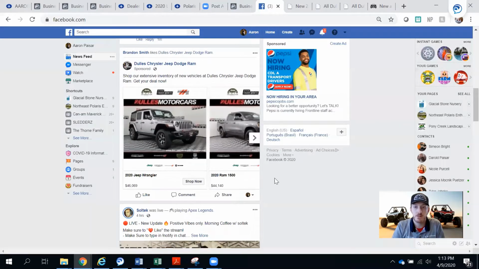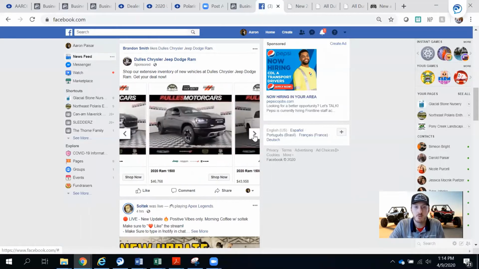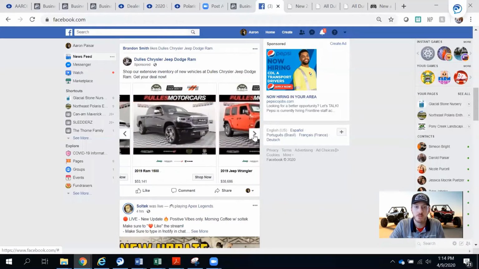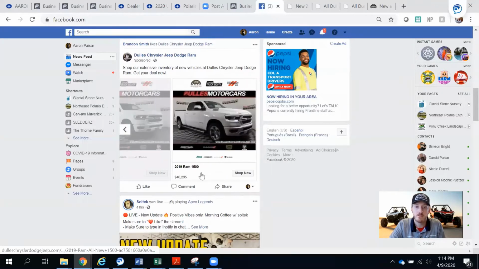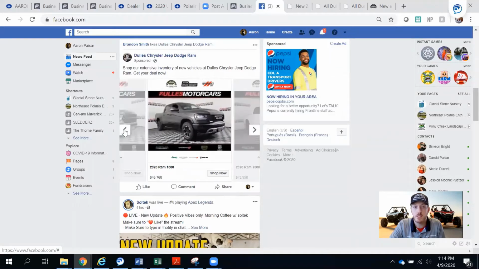Facebook Business Manager account. So before I started, I just wanted to show you an example. If you're a Facebook user, you've probably seen car dealerships do a lot of advertising using the carousel feature. All it is, is a sponsored ad that'll show up randomly on your news feed in a carousel type format. The reason they call it a carousel is because you can quickly, in one post, see multiple vehicles, scroll through it, see prices, information, and each one of these pieces of inventory has a unique landing page back